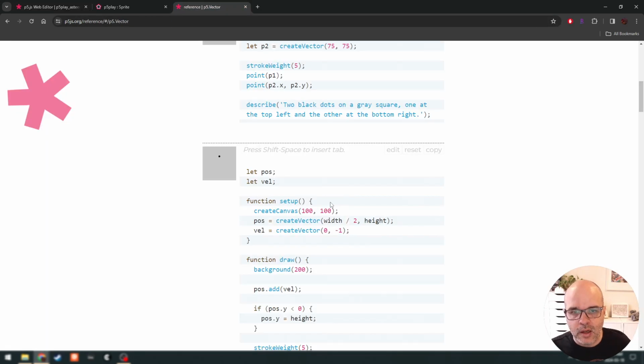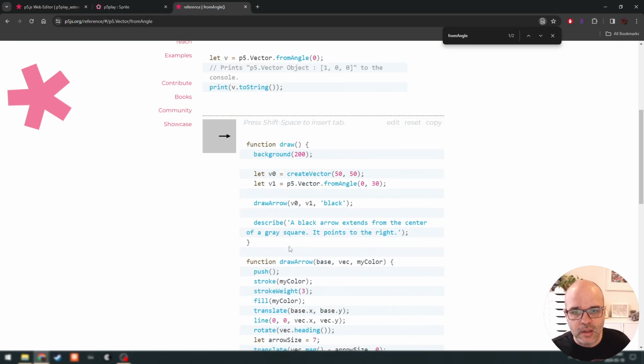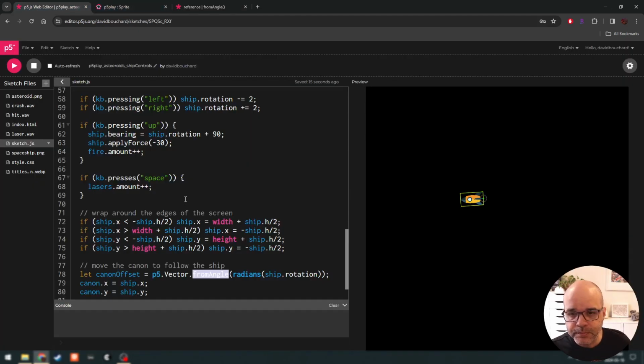If we look at the documentation for from angle, if we click on this, it will warn us: radians only, and you can't use angle mode to change to degrees. So always important to read the documentation. All right. So once we have this vector, we're going to basically get a tiny little arrow that is pointing in the same direction as our ship,